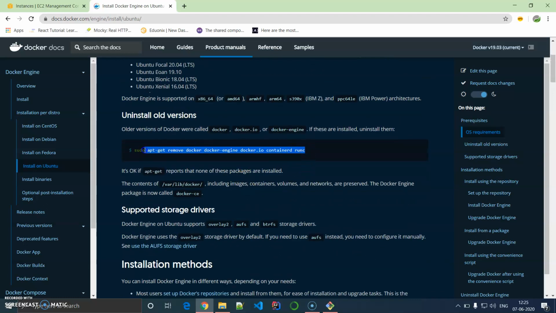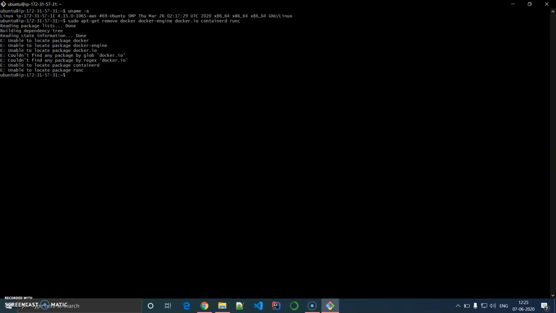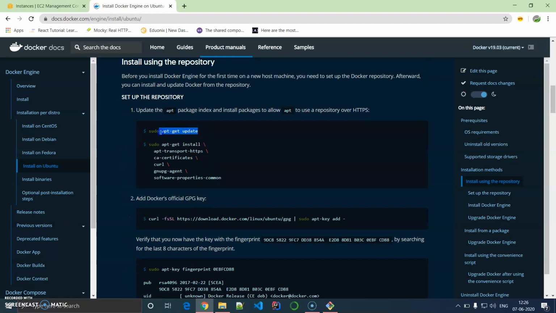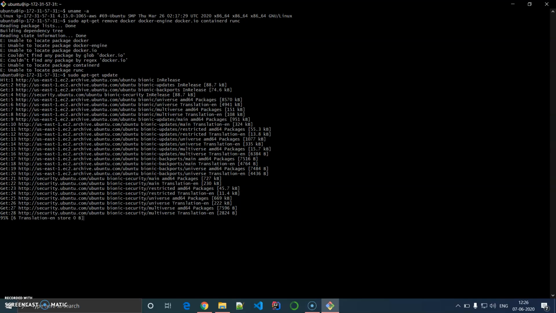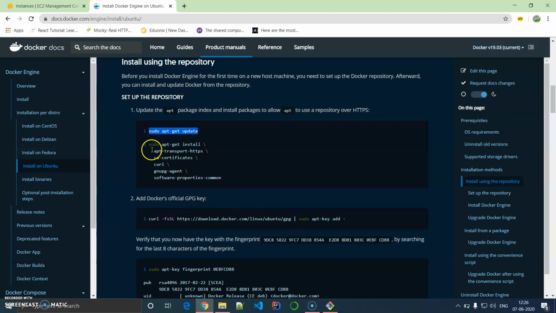So first of all, if any Docker versions are already installed, I have to remove them. So what I'm going to do is copy and paste it over here. So nothing is there, so nothing was done. Now I will come down. I have to update the kernel. I have to go for a system update basically, just like what we do for Windows, for those who are new to Ubuntu Linux based servers. Let's wait. Yes, it's done. And now I'm going to install certain certificates which are very much essential for Ubuntu to run.